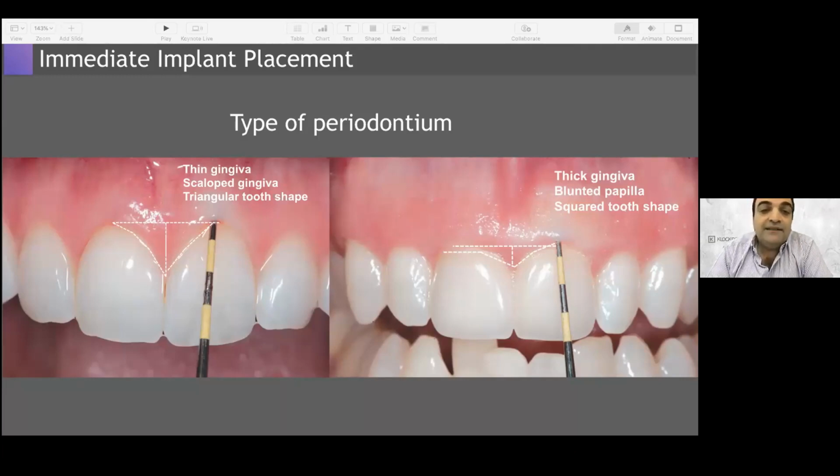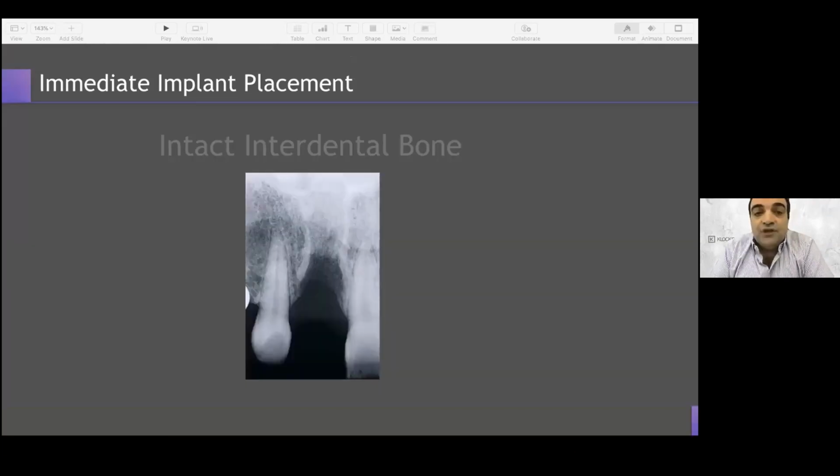But when we have a thin biotype, we have to be more careful, and sometimes we have to do simultaneously a connective tissue graft to have a nice aesthetic result at the end. We have to check our interdental bone. This interdental bone is very important because it will help restore our papilla